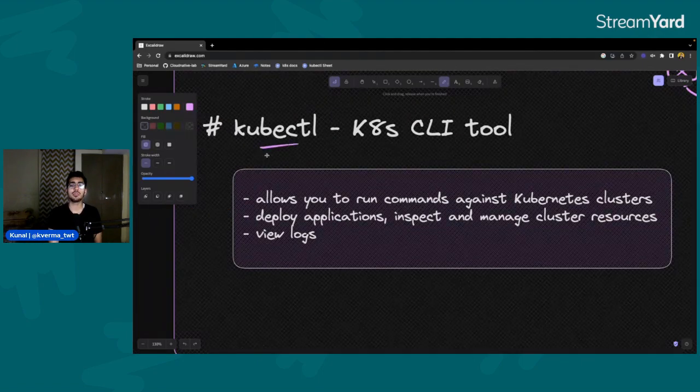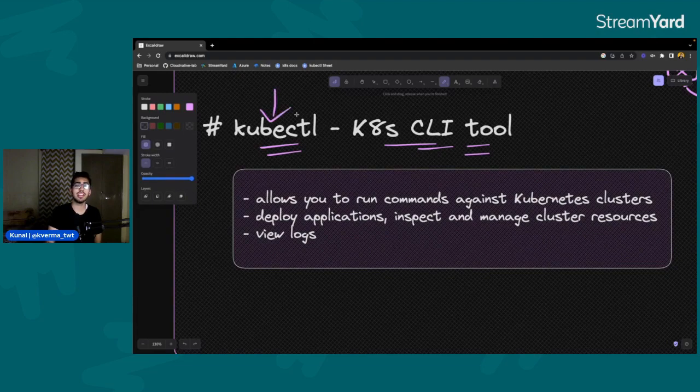Let's talk about kubectl. Kubectl is the Kubernetes CLI tool. I talked about how we make requests to a Kubernetes cluster. That's through kubectl. So kubectl is the CLI tool through which we interact with the Kubernetes cluster, whether multiple clusters or just a single cluster. Some people also like to call it kube control, but I like to keep it simple and call it kubectl.